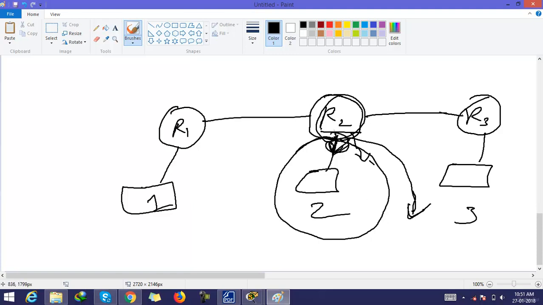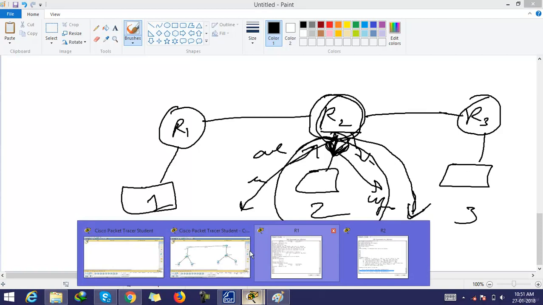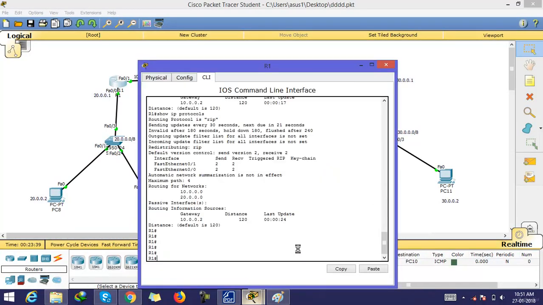It means this interface does not send RIP updates, but it receives all RIP updates. So the command for enabling this passive interface is